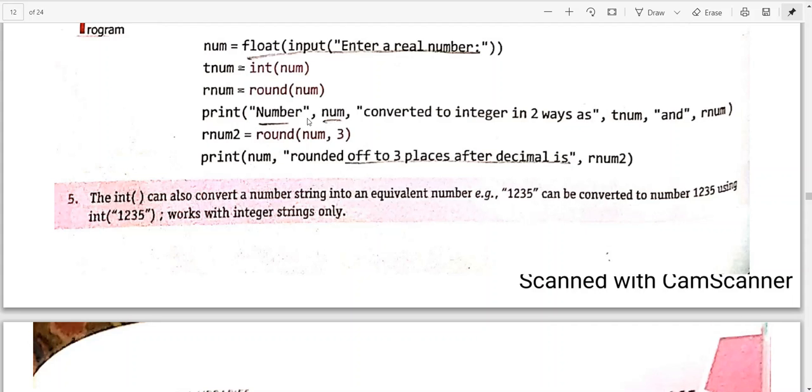Okay, number is referring to tnum, and num is referring to the original, and it will be printed as it is. Okay, then the number is converted into an integer in two ways, so tnum and rnum. Okay, tnum will give you the integer version of the given number, and rnum will give you the rounded version.